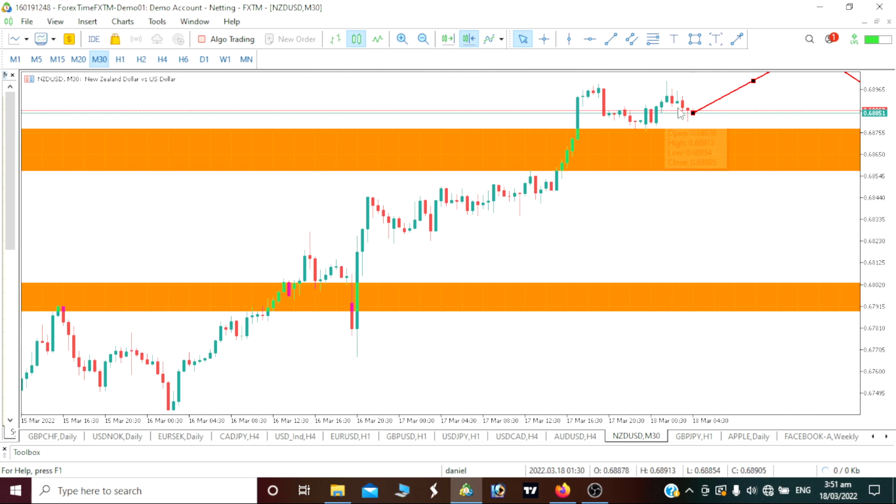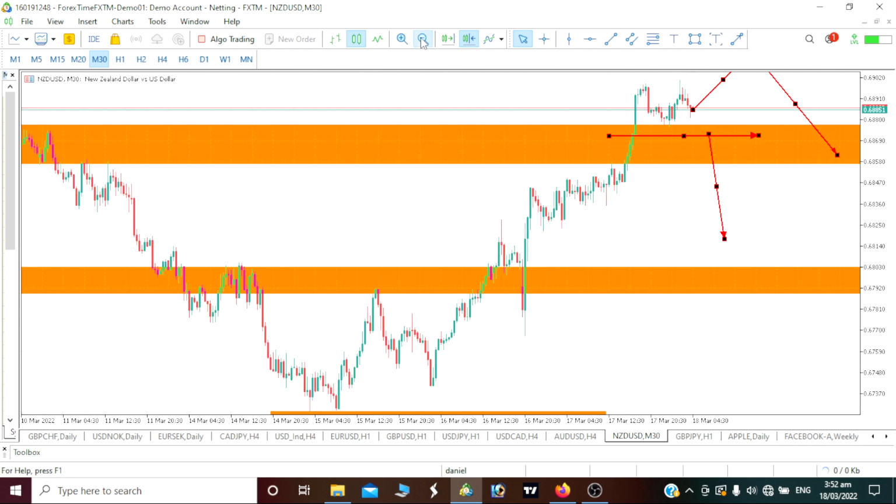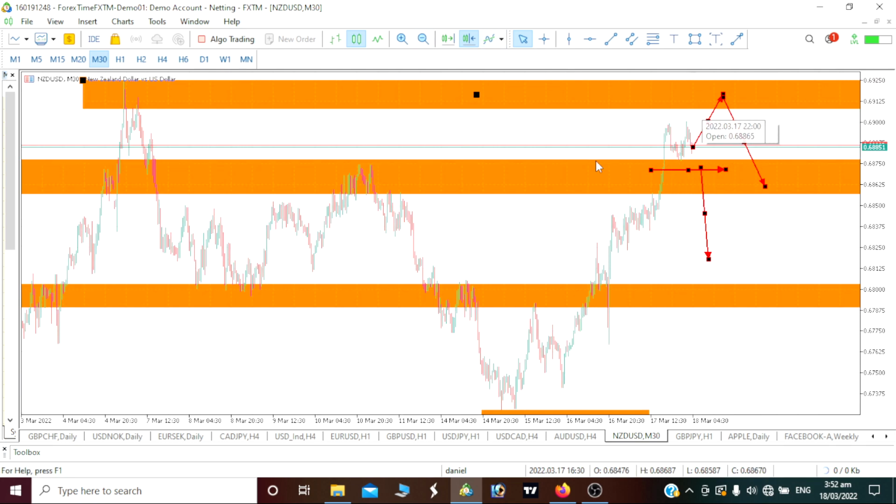As at now, we are not yet seeing that bearish move, except our price breaks below this area here, then probably we will want to be looking for that sell position. Apart from it, we should be waiting. If we don't see such a thing, then we should actually be seeing some movement up here before our price will actually fall down. By the way, we are looking for a sell move on our New Zealand USD, but we should actually see the confirmation before we actually take the trade.